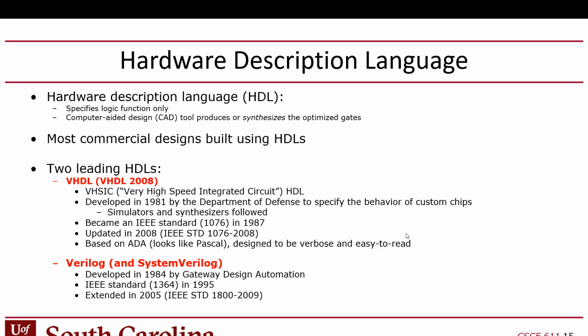They would just have to describe it, which was a very imprecise way of defining the behavior, the specs. So they launched this effort to develop this standardized language in 1981, and it was originally just designed to describe what a chip should do, but eventually it became an IEEE standard, and also people started designing auxiliary software